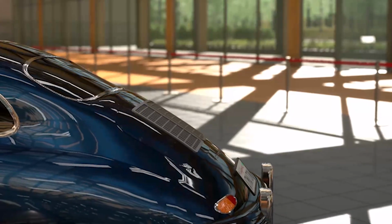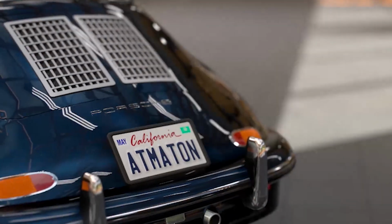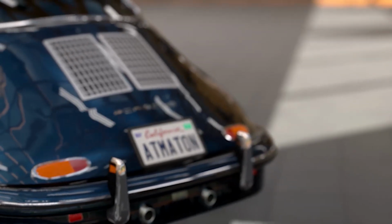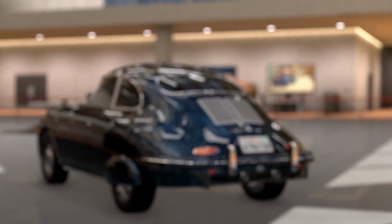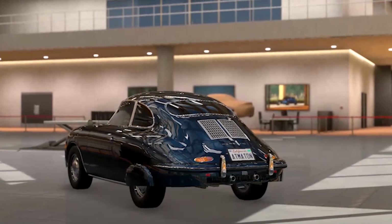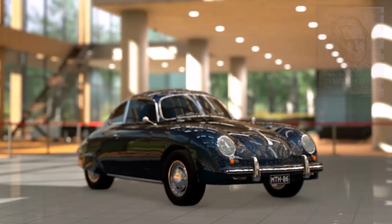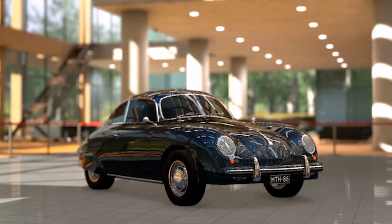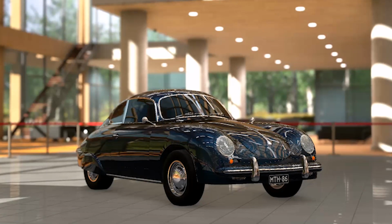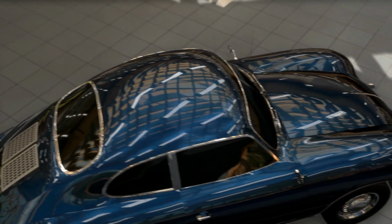Now let's talk a little history about this awesome beast here. The 356 is a four-cylinder air-cooled rear-engined rear-wheel drive car with a unitized pan and body construction, which means basically it's monocoque, and it was designed by, of course, Mr. Ferdinand Ferry Porsche, the son of Ferdinand Porsche, the founder of the German company. The chassis was a completely new design at that time, and also the 356's body, which was designed by Porsche employee